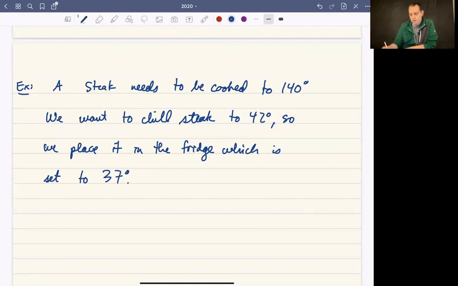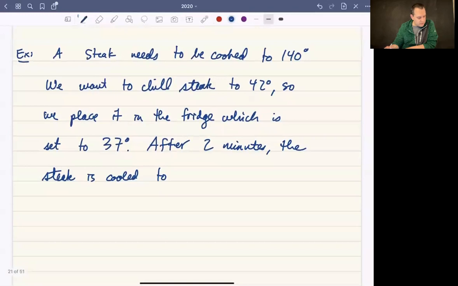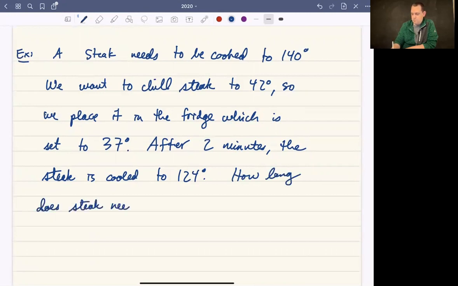And we need one more data point. We check the temperature after 2 minutes. After 2 minutes, the steak is cooled to 124 degrees. And so how much longer? Let me actually word this just slightly differently. How long do we need to cool it? How long does the steak need to stay in the refrigerator